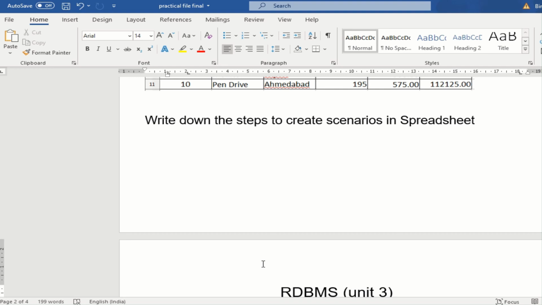I am not making it compulsory that you need it in a Word document or in this particular format. Please see to it that whatever you submit is neat, clean and the steps are done properly, because this is an easily achievable internal mark which you can get very easily.